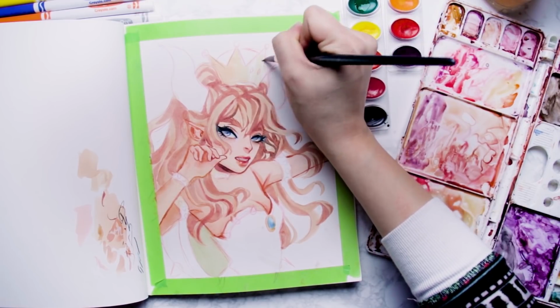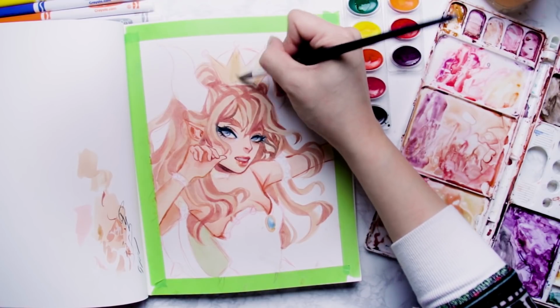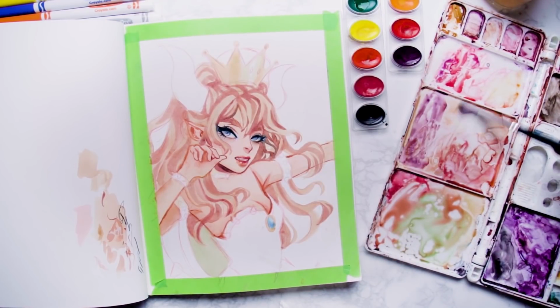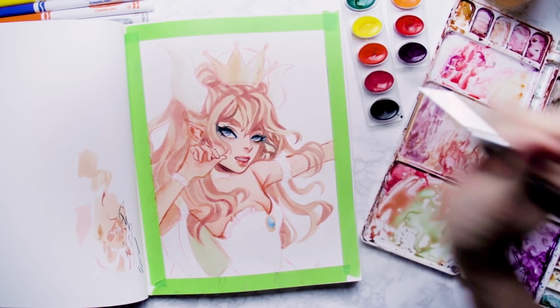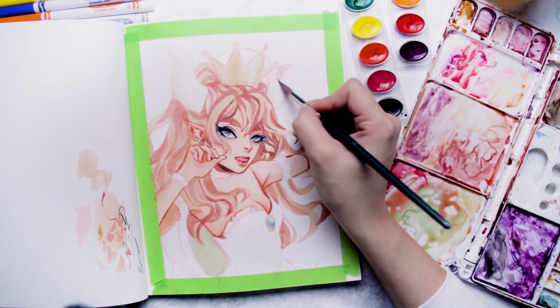Okay, so here's why you probably shouldn't do all of your paintings in one sitting. There are definitely times where you want to do a painting in one sitting. Like if it's a very small painting, then why not? And sometimes it's just easier to get in the zone and maybe your paints will dry out or whatever. But a very good reason to not do your paints in just one sitting, or any drawing for that matter, is that,